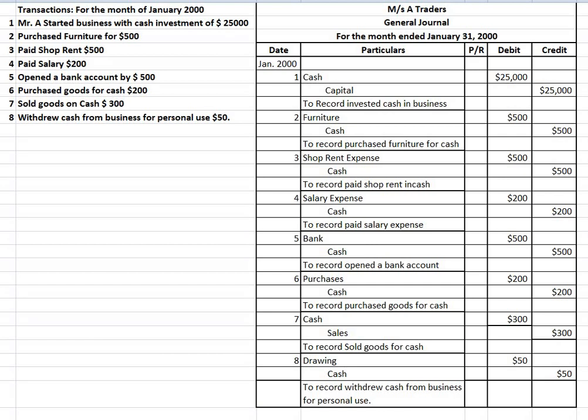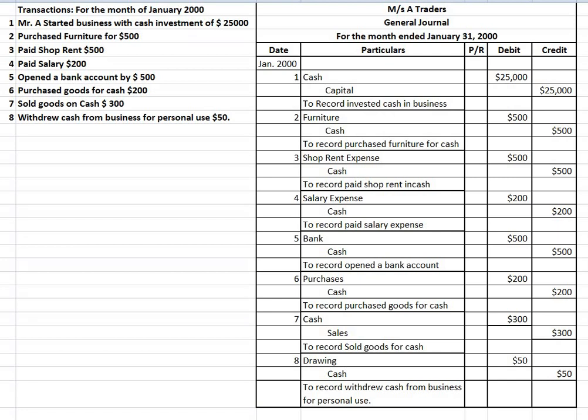In this video, we are going to learn journal entries, how transactions are recorded in the journal. Here are some examples. Eight transactions are accumulated here for the purpose of understanding the journal. Suppose Mr. A, a businessman, started business